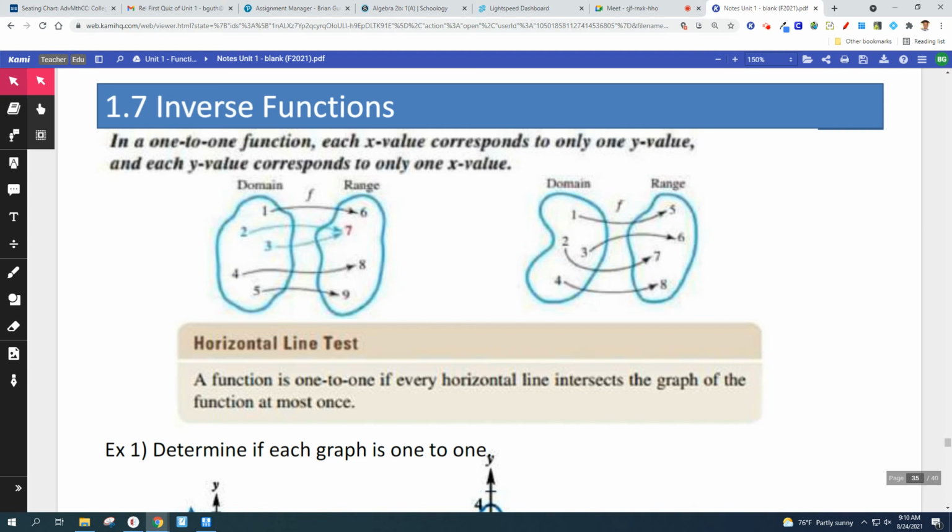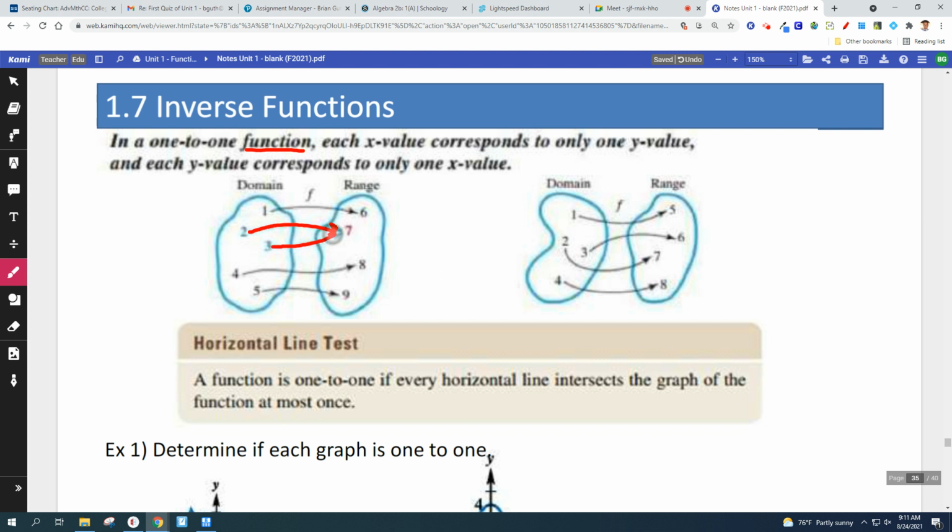1.7 is inverse functions, and it starts you off with this. I think it's kind of complicated. In a one-to-one function, each x value corresponds to only one y value, and each y value corresponds to only one x value. In algebra class, you learned about functions, and when you look at this first mapping, when 2